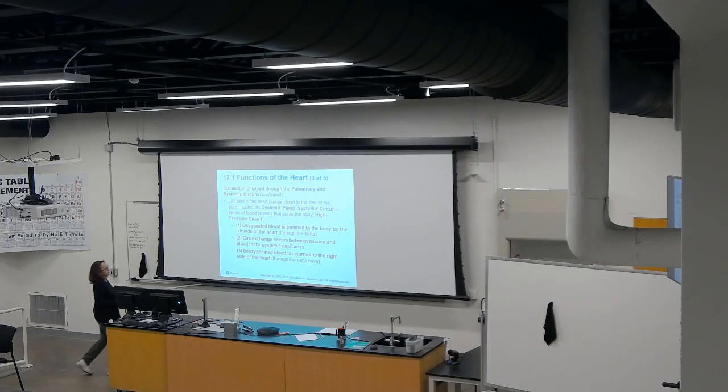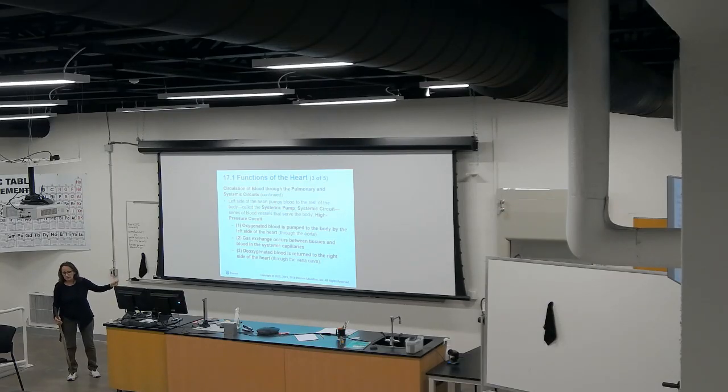So then all the branches of the aorta deliver the blood into the tissues by their tinier branches, which end up being the capillaries. These are called systemic capillaries, from the tissue beds, the capillary beds. And then once the blood reaches these capillary beds in our tissues, you deliver the oxygen and nutrients into these tissues, and then you pick up CO2 and wastes. And then you end up with deoxygenated blood coming into your